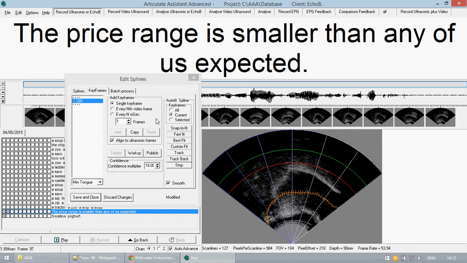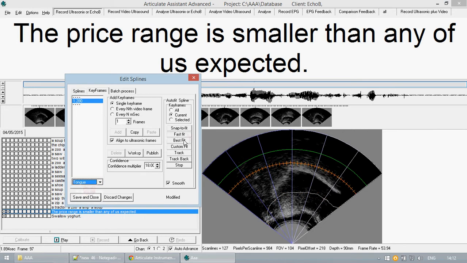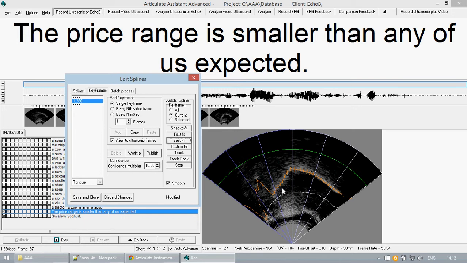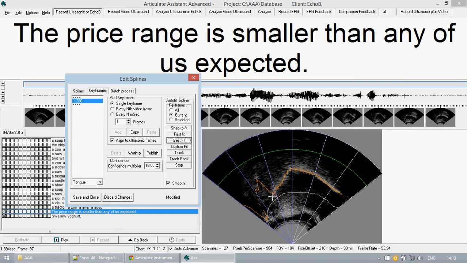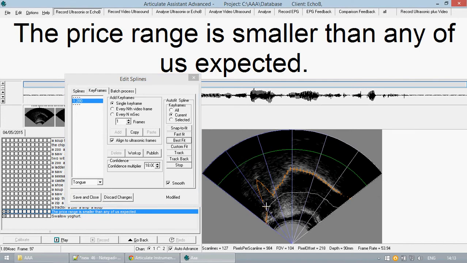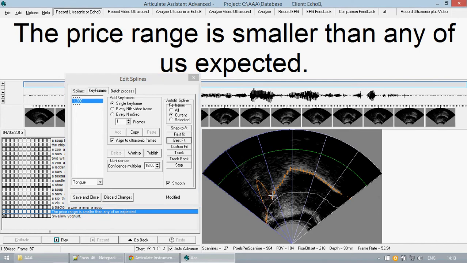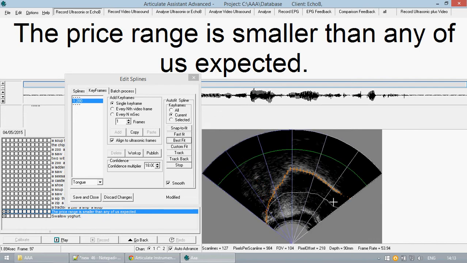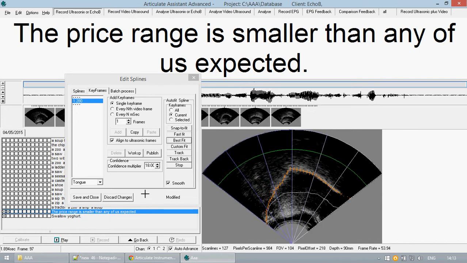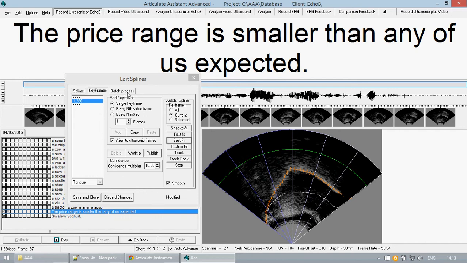So, now that we have set up that one, we can go to the tongue, best fit it, and wait. There we go. We will just do a manual correction here. So, now that we have done this, we can return to Splines, click the Advanced button,